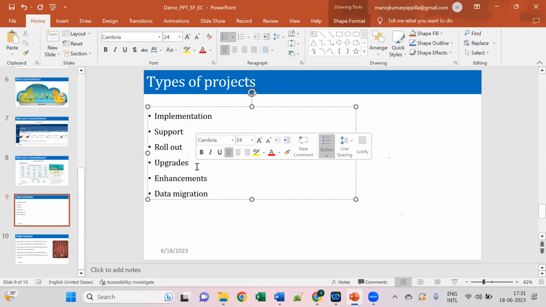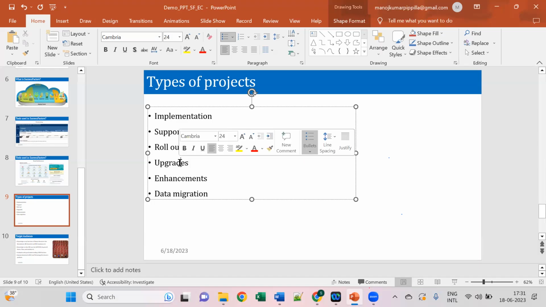SAP takes care of everything that needs to be improved or fixed, and every 6 months they give us a new upgrade coming on a particular date. Please test the system and take care if any effect is going to happen based on this upgrade. So we need to check the system thoroughly: because of that upgrade, is anything going to affect our existing configurations? Those types of projects are upgrade projects.